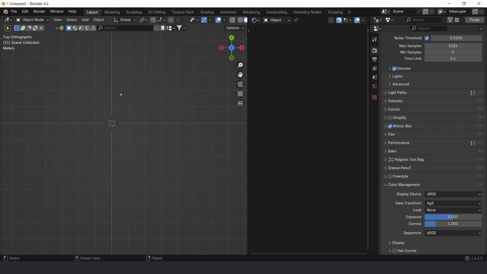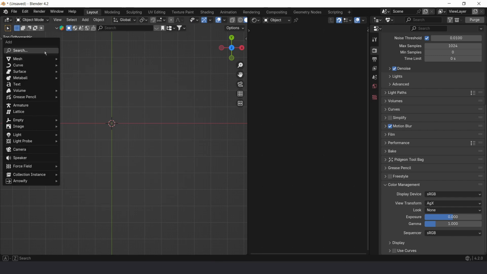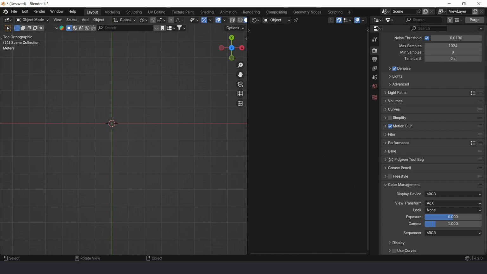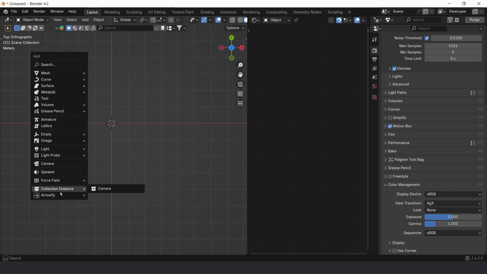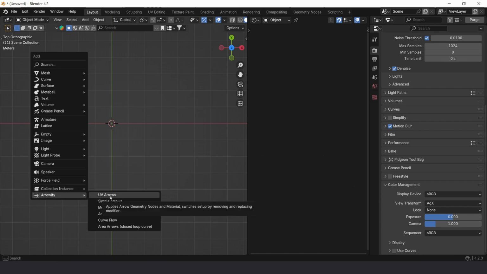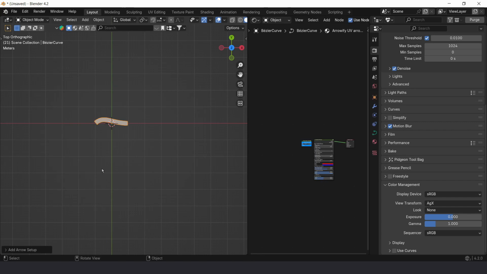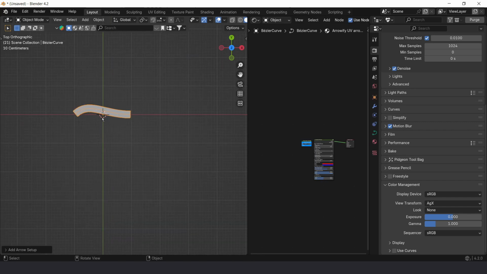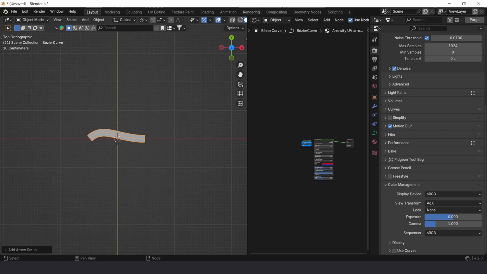Now, once you've restarted Blender, you should be able to see the Arrowify menu in the Add menu in Blender. Now let's take a look at what the add-on offers. There are 6 different setups that the user can input. By default, if you have nothing selected, then the add-on imports these arrows on a simple curve object. As you can see right here, this is the EEVEE arrows, and right out of the box, they're ready to